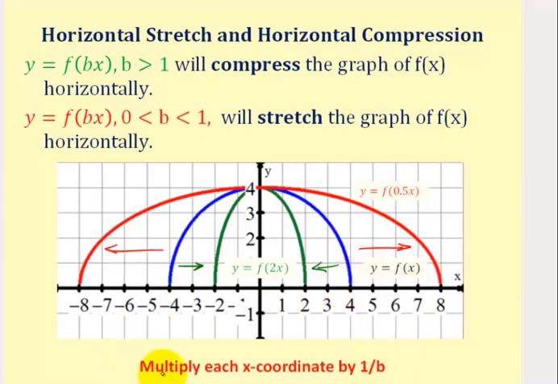But to find the value of b is a little trickier than determining the value of a. If we start with the parent function, we would multiply each x-coordinate by 1 over b to determine the x-coordinates of the horizontally stretched or compressed function. So if we can determine what we multiply by to find the corresponding x-coordinates, we would set that value equal to 1 over b and then solve for b. So going back to our example,